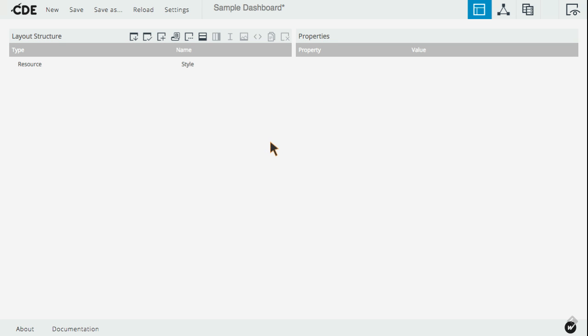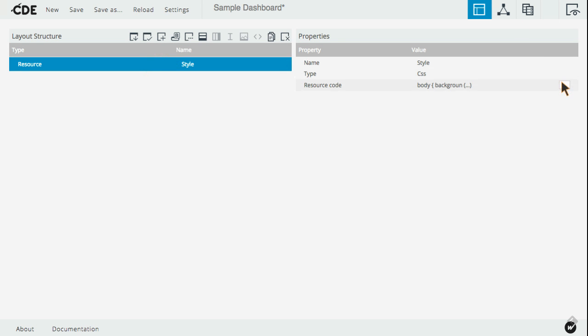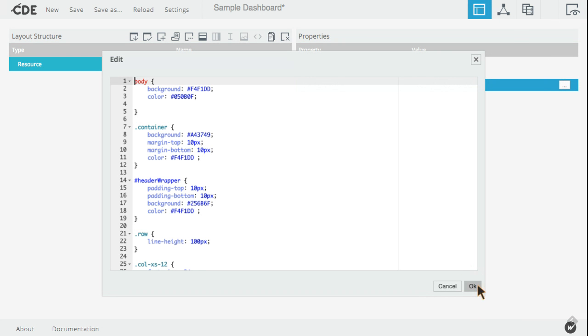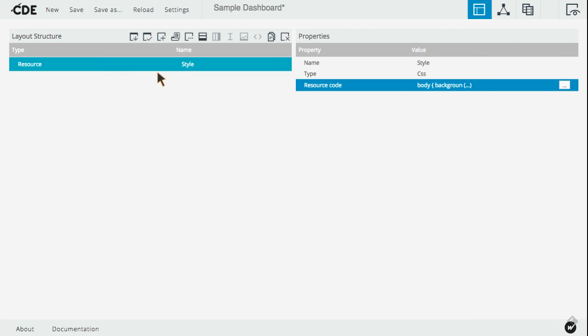This is a demo on how to add two bootstrap containers to a CDE dashboard, removing the default one. So I have my sample dashboard here. I just added some style to illustrate what's going on. And the first thing I'm going to do is to remove the container